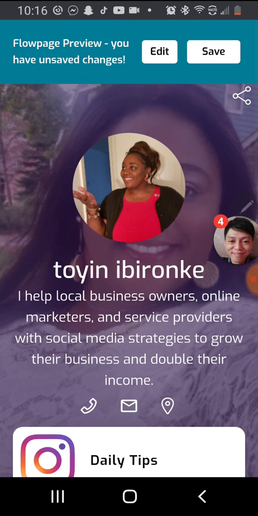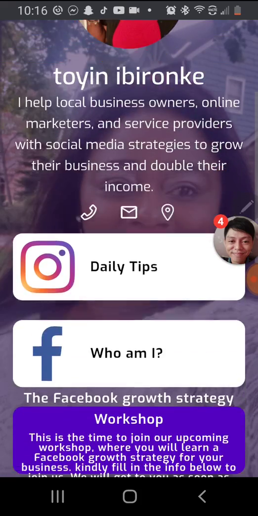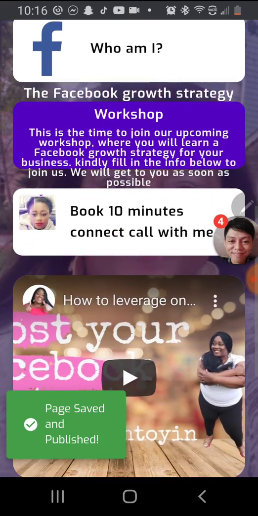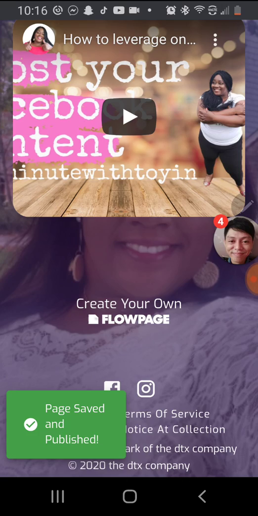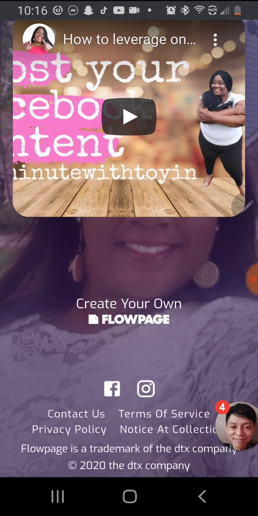So that is just a little bit of what you can do with your Flow page. Let me save it. So it's as simple as ABC. It is saved and it is published. So that is how you can enjoy your Flow